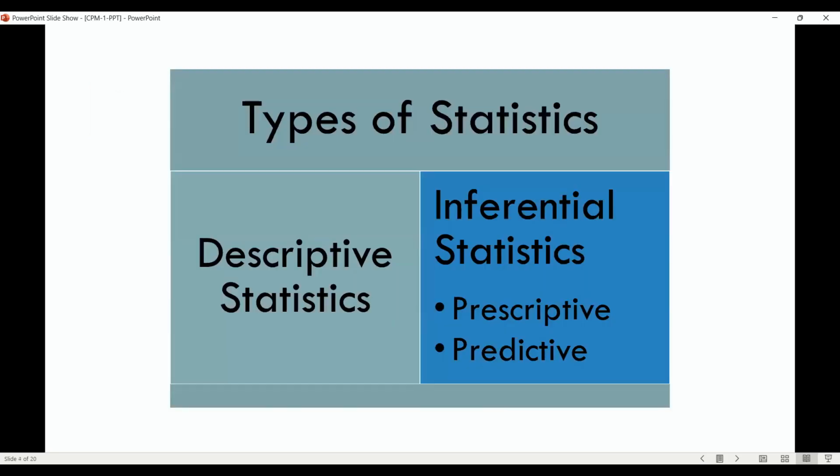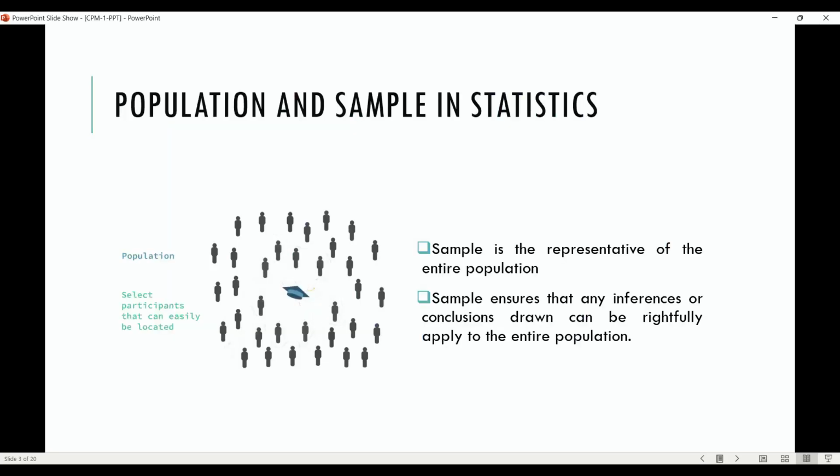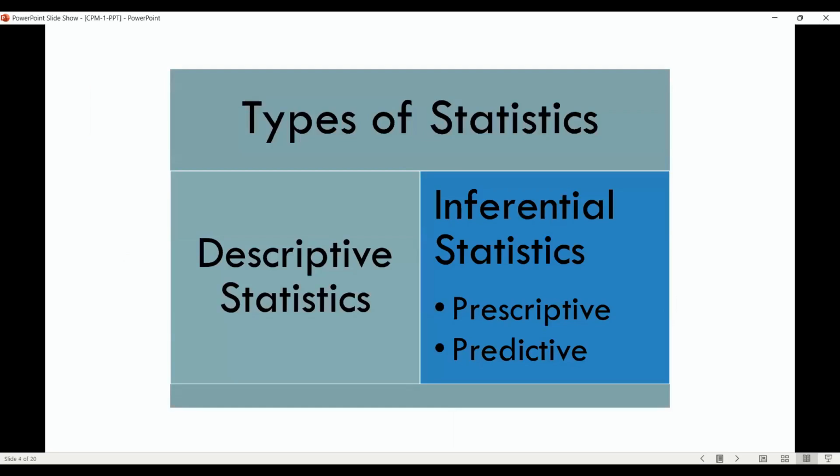Okay. So once a sample has been selected, and from them the data has been collected, the next important thing is scrutinizing the data set. There will be some unengaged respondents. There will be some missing data. There will be some data that is completely flawed, which we can easily observe.